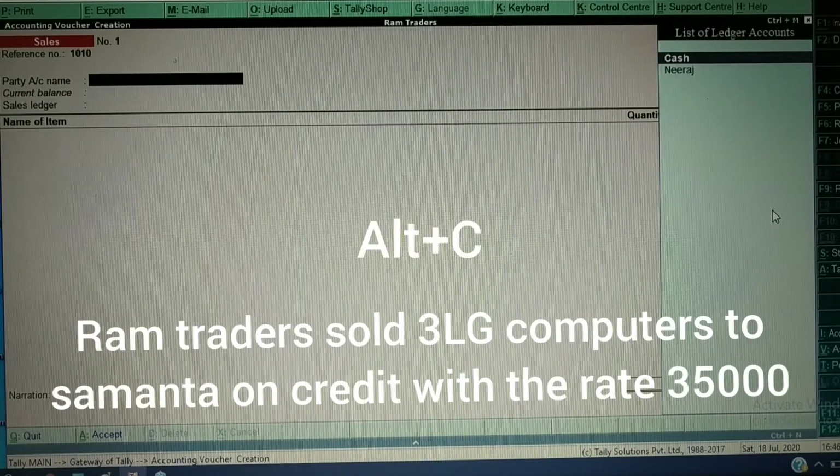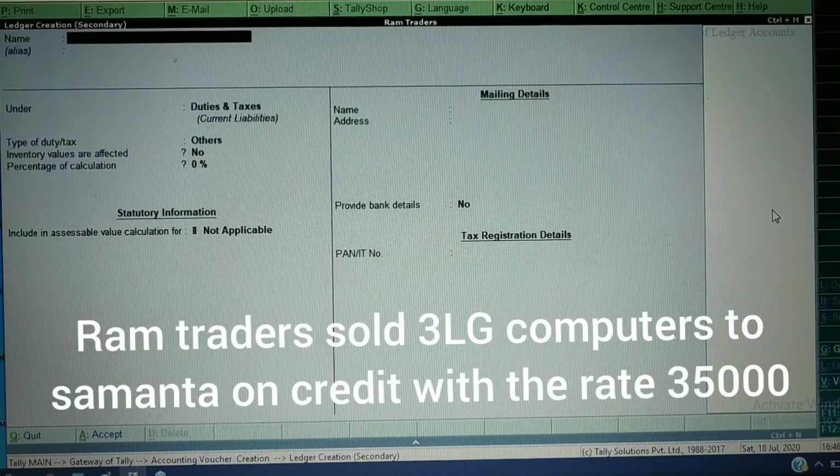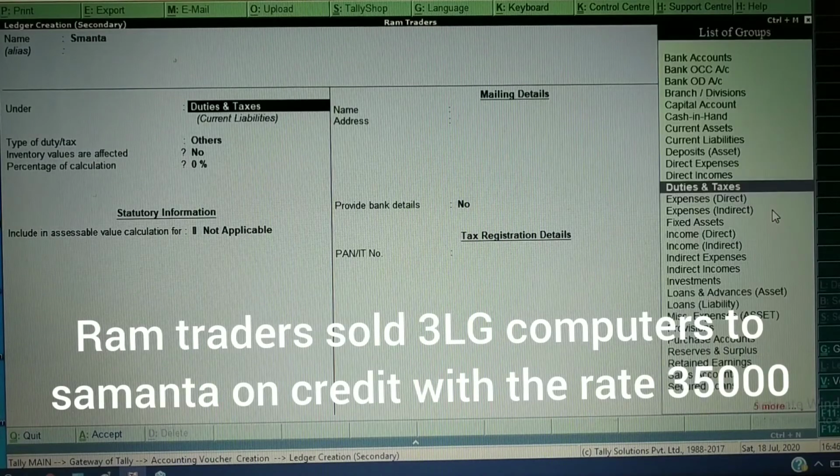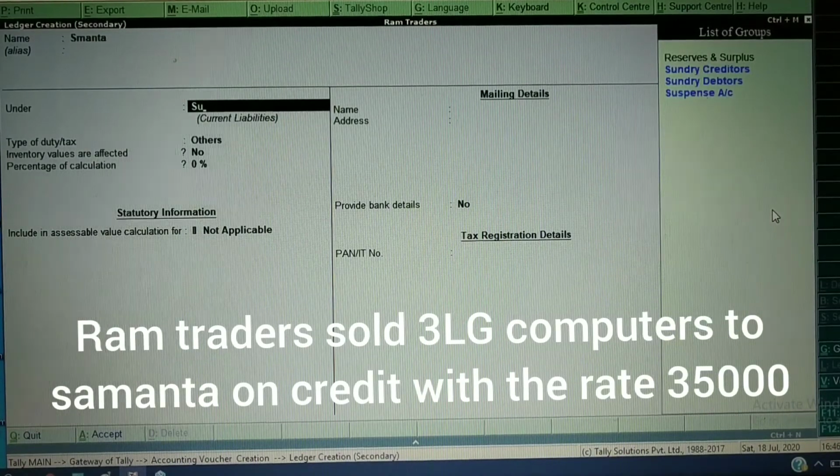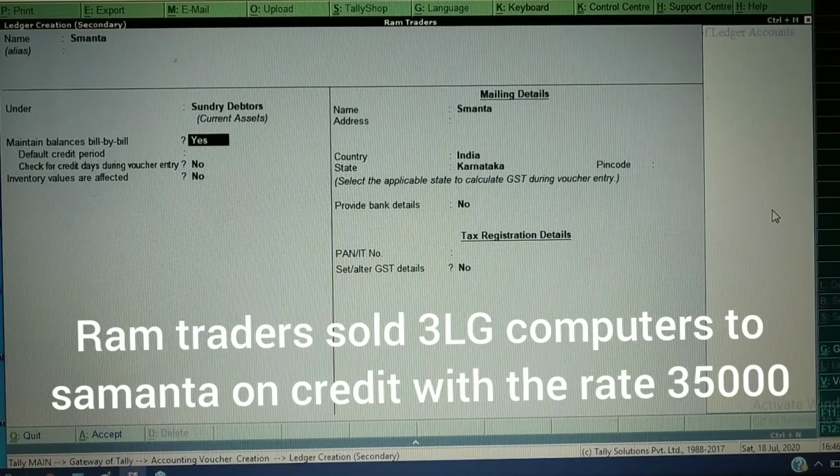What I will do here, you need to create a ledger, Alt C, and here you need to create Samantha, because he is selling to Samantha, so she will be a sundry debtor because we are selling to Samantha.